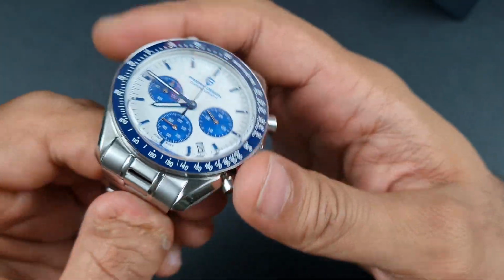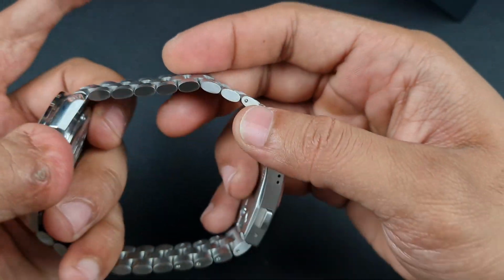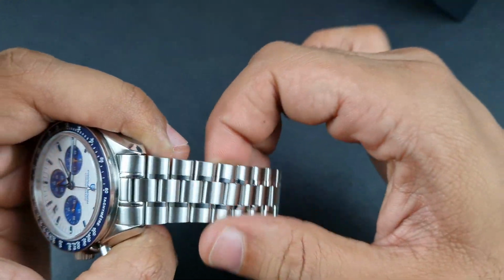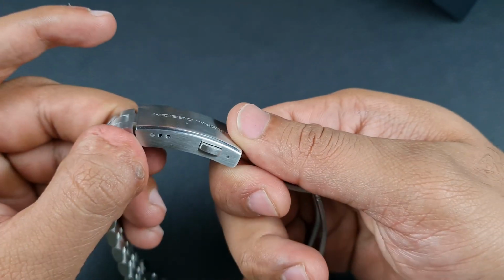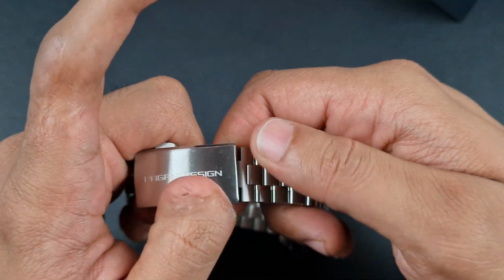You do have a slight gap on one side. You do have a touch bit of movement. The bracelet itself, again, fully solid. The links are slightly edgy. Okay, you do have a milled clasp, this fold over thing here, 3 micro adjust. You do also have a diver's extension,